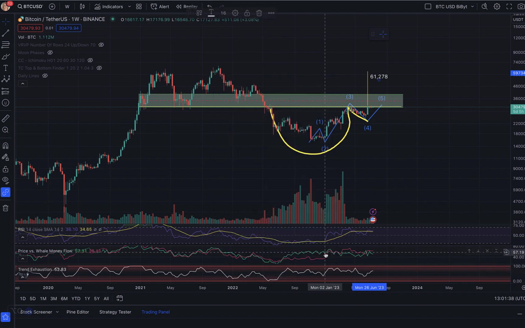Okay, so to me that says that 48% drop is going to invalidate this cup and handle, which will